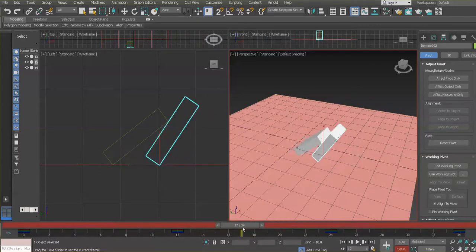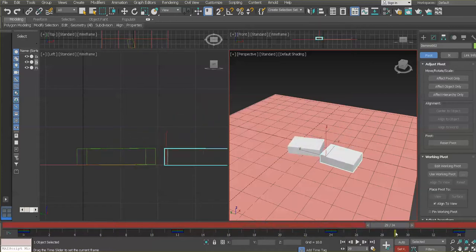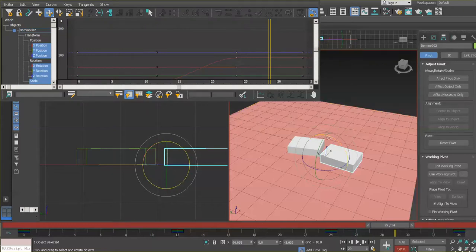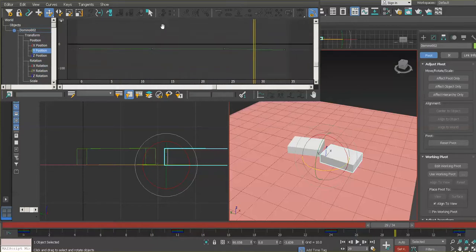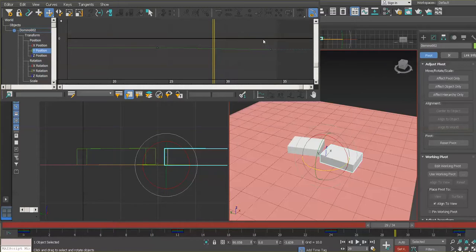Because you notice that as the other one hits it, it kind of stays in the same position and then bloop, starts moving. So let's go to the graph editor next and start editing keys. Let's go to Graph Editors, Curve Editor, and I'm going to see which one is the one that moves in that axis. I understand it is the Y position, so the one that shifts to the right of the screen, and this is the curve that we need to see if we can